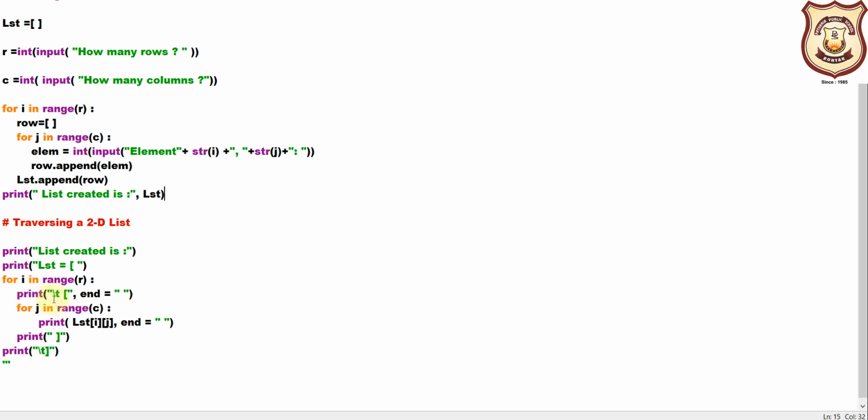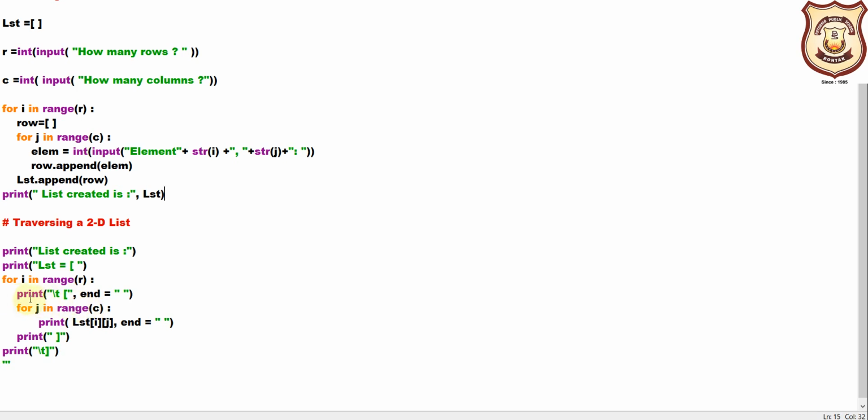We are giving the \t, which is basically used to add 5 spaces together so that proper spacing could be seen. We are also adding this bracket so that we may know where the list is beginning and where it is ending.